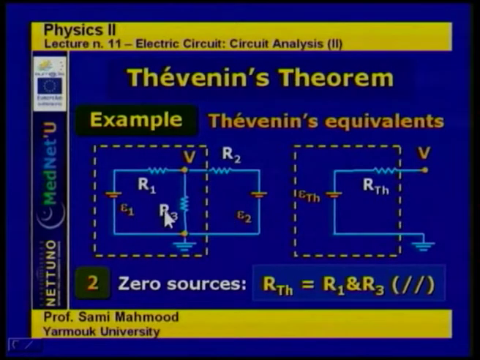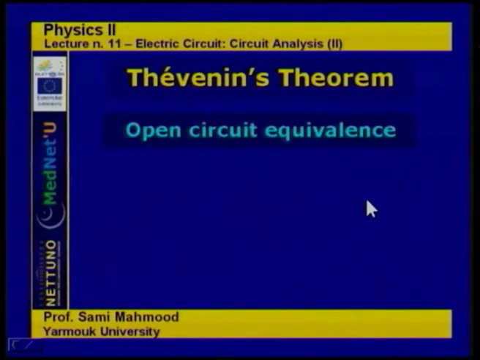On the other hand, in the circuit that we are applying our argument to, we set the sources equal to 0. That means epsilon 1 we set equal to 0. So what do we have in terms of resistance in the box? We have R1 and R3 in parallel. So that means R1 and R3 in parallel in the original circuit should equal R Thevenin in the Thevenin's circuit. So applying these